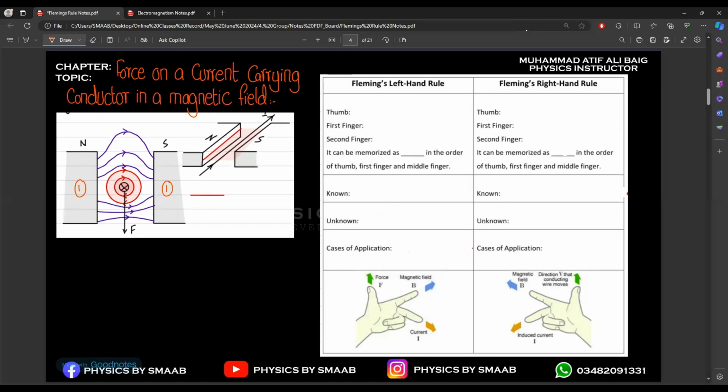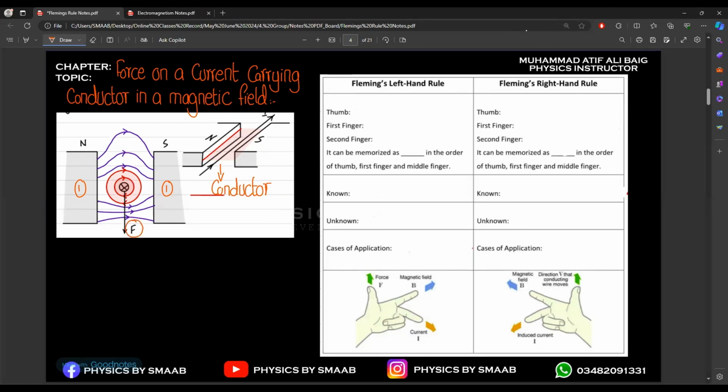And in the second diagram you can take the reference of how it is placed. You can also place the conductor like this. So there are different variations of how we place the conductor between the magnetic field or between the magnetic poles. That is a different concept, and we have to study how we are able to identify the direction of the force. So basically there is a concept of force over here